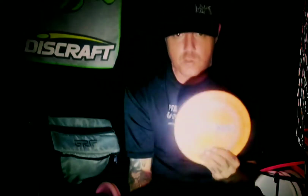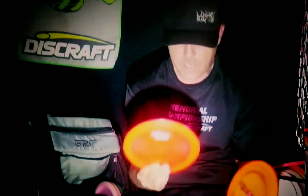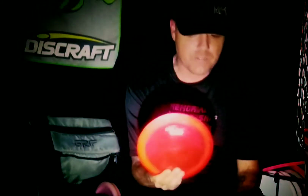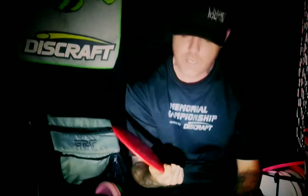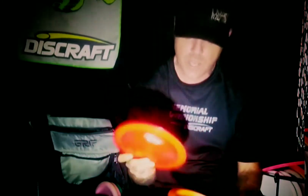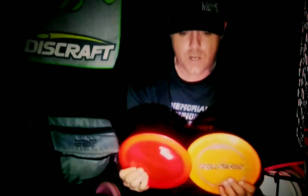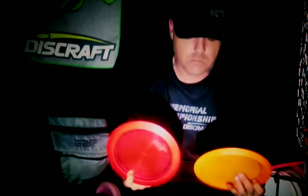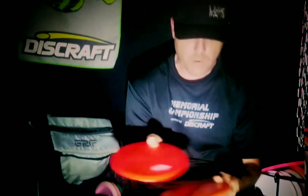For my shorter shots where I want a lot of stability, hyzer, I actually throw the first run Raptor, which I do like, and the Discraft limited edition Venom Z, I think it's Z plastic. Can't find them really that much anymore, maybe on eBay or something. Love this disc. Kind of wish Discraft didn't stop making them. It's basically the version of the Raptor, but with a bigger rim. Same stability, same distance, pretty much almost the same disc, except I like the bigger rim on this,